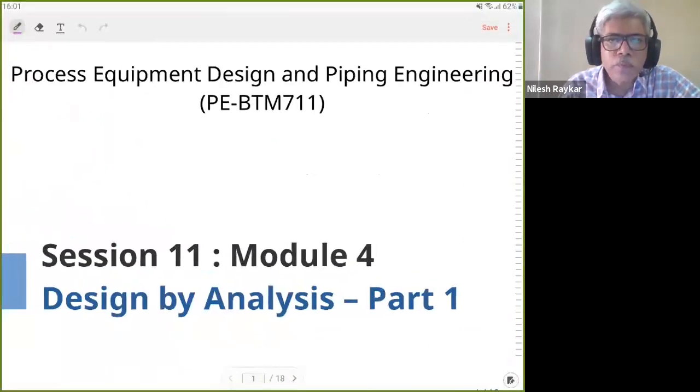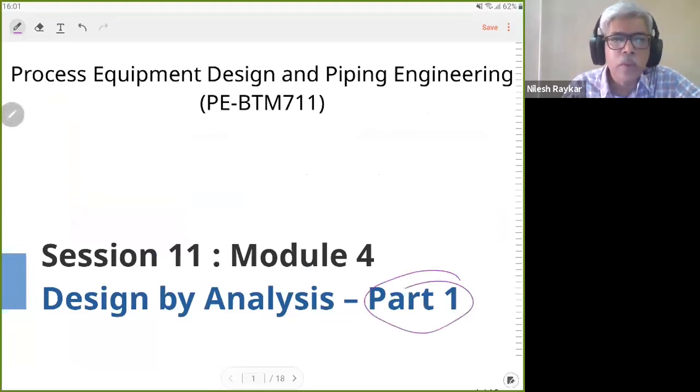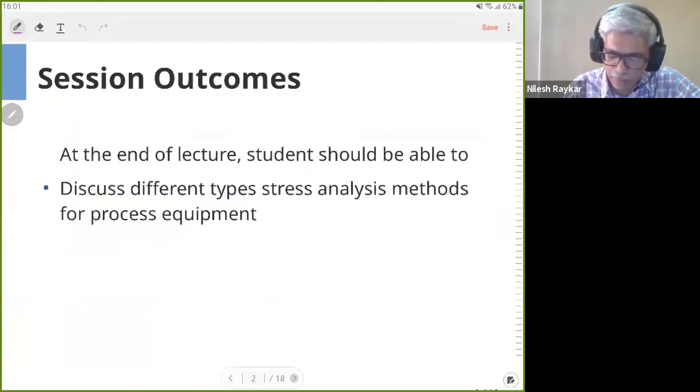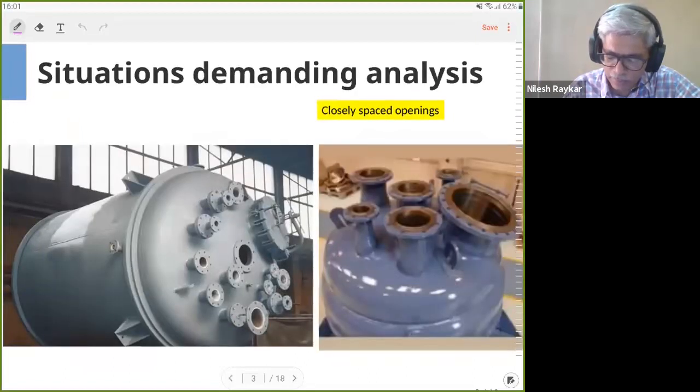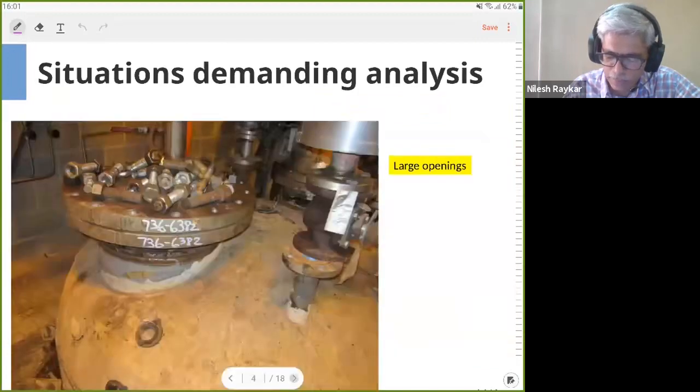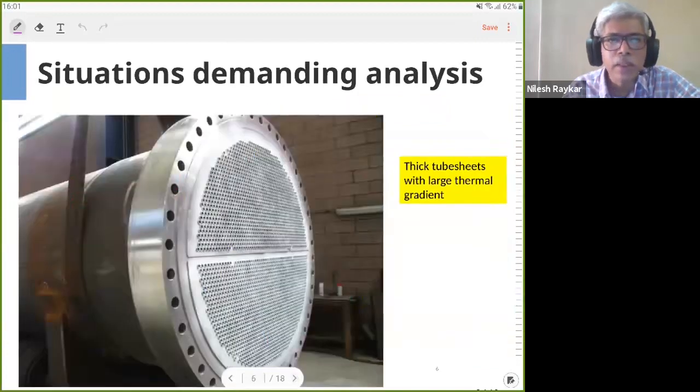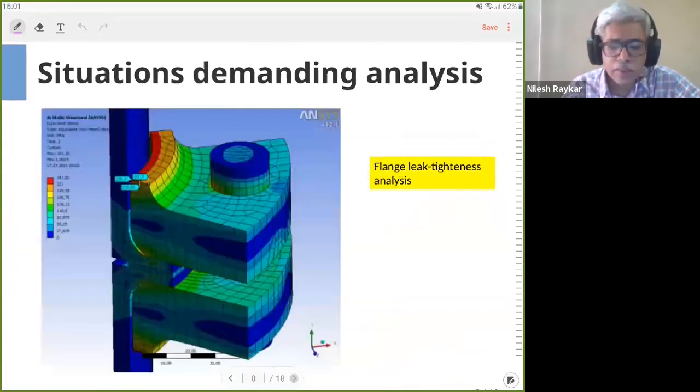Okay, so we had the discussion in two parts. One is part one, where we had the background about design by analysis. What is the need of design by analysis? Through different examples we have seen that design by analysis is required in many differing situations,